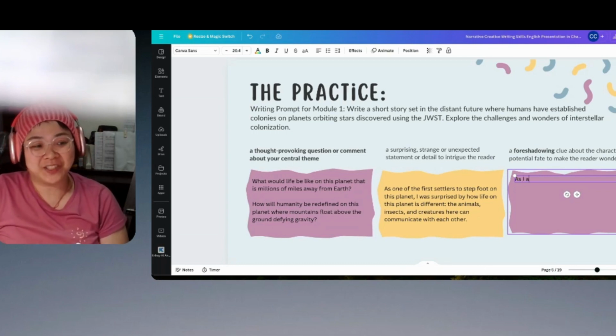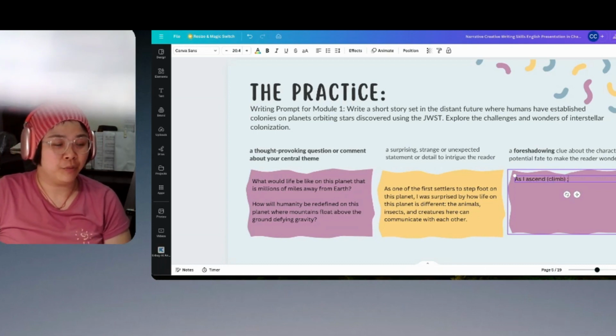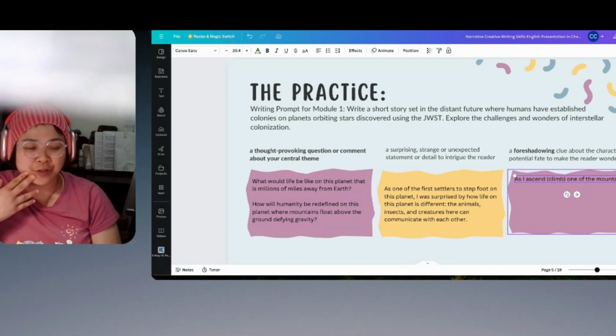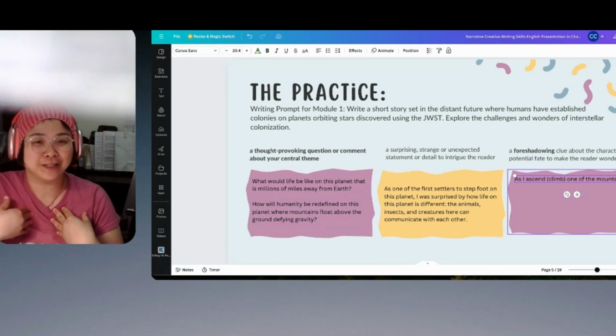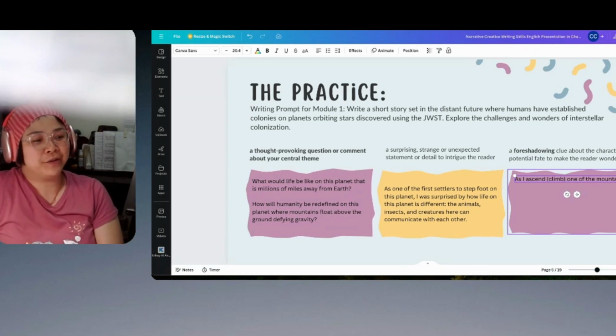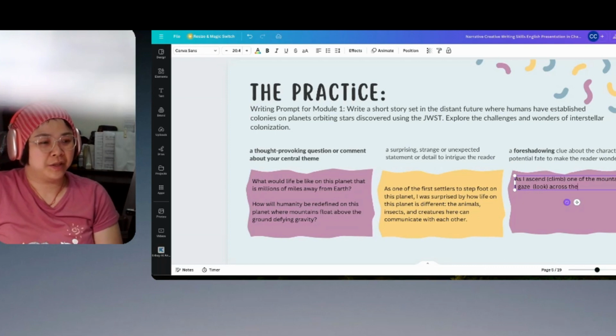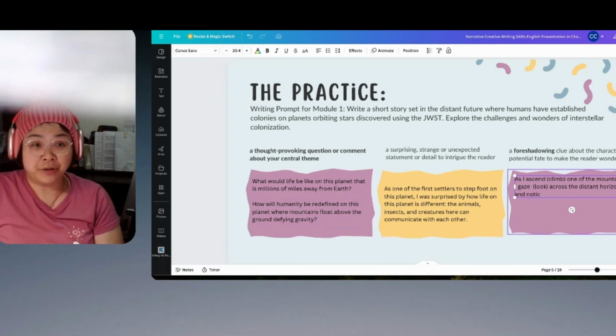As I ascend, which just means climb, okay? One of the mountains, well, you can't really climb a floating mountain, so I'm not going to use the word floating here. It's one of the regular mountains, okay? One of the mountains, I gaze, which means look across the distance, the distant horizon. How about that? And notice